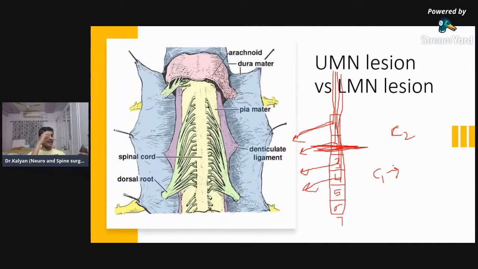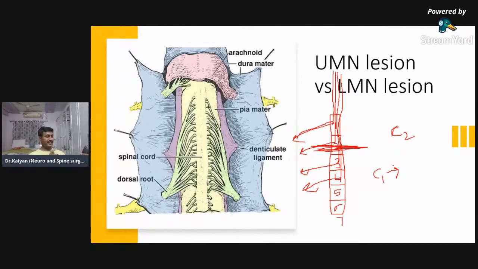Whether you're right or wrong, just answer. In a C2 lesion, what happens to C1? Dr. Ramanathan said C1 is normal. Dr. Shivank has said only C2 is affected. Abdul Khalik said C1 is affected, that there is weakness. So I had 3 answers and all the 3 people have given different answers.